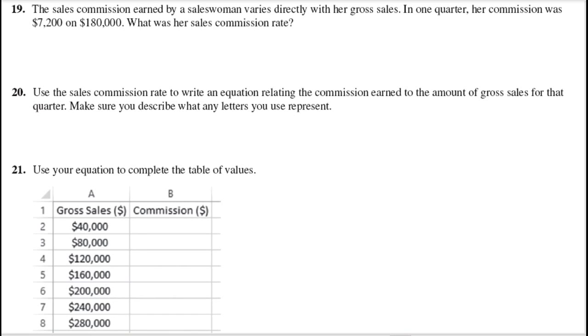So sales commission usually comes out in percent. So for commission rate, we go to percent because we want to know how many dollars we make per dollar that we sell. So that way we can multiply by the number of dollars we sell, and we get our commission. So we actually want 7,200 divided by